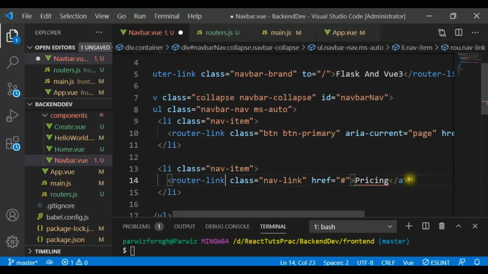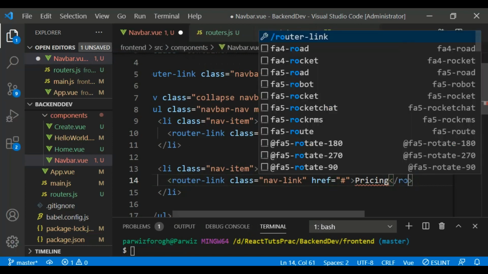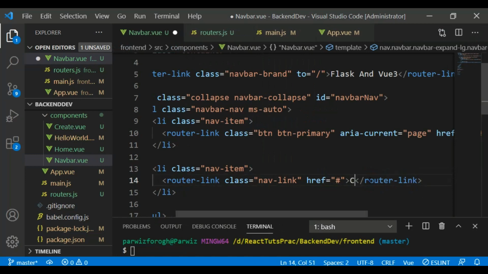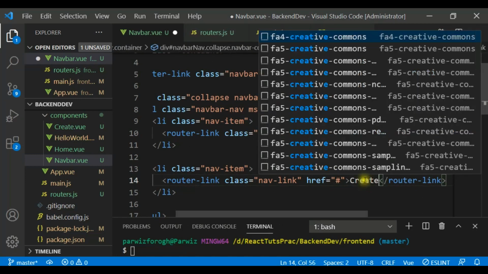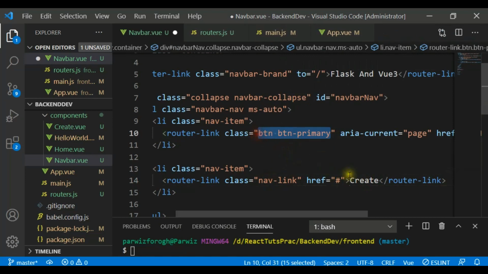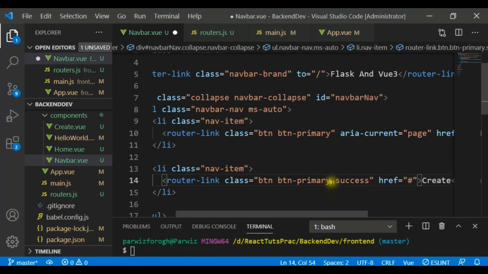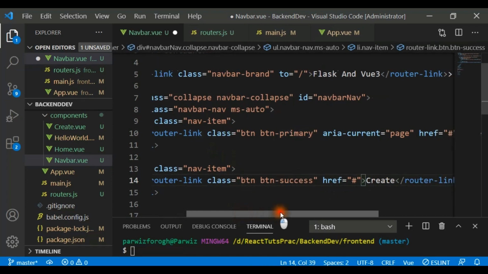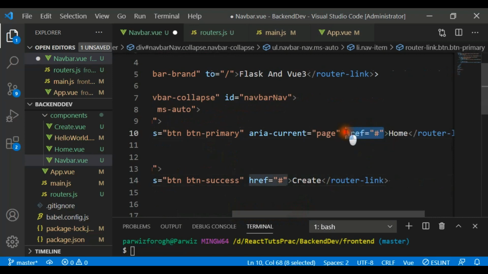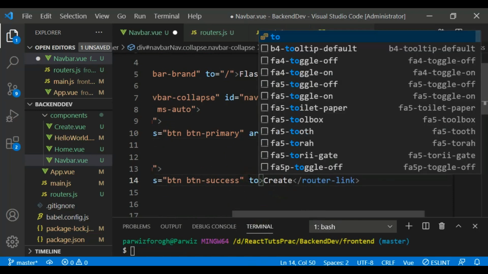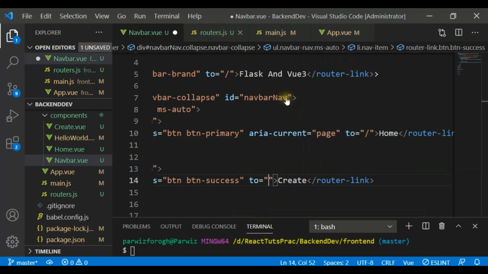So router link, let's close the router link in here, and this should be create, and for the create we want it should be btn success, and so at the top also we need to add a to in here. So instead of this we can just add a to, and for the to we want it should be home page, and let's just add a to also for this, and in here we want to just navigate to this